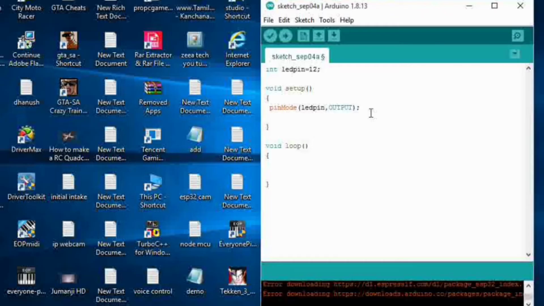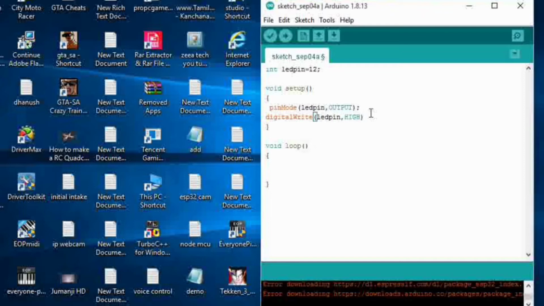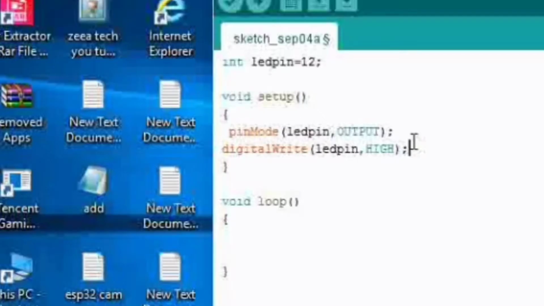To glow an LED, we have to set this LED pin as high. For that, I am writing digitalWrite(ledPin, HIGH); Note the W in this digitalWrite. It has to be in capital. Otherwise, on compiling, it will show error.